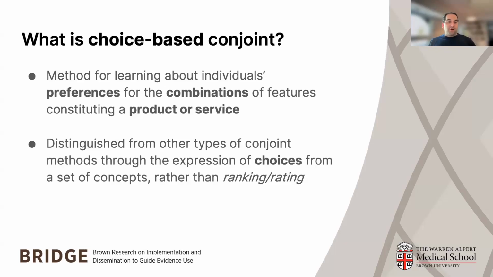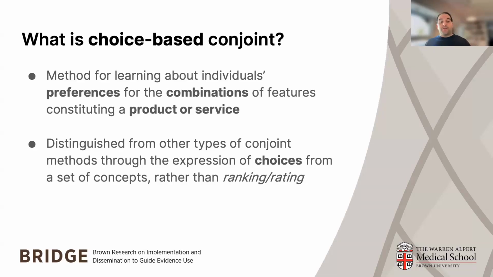CBC methods are also distinguished from other types of what we would generally call conjoint methods because they force the expression of choices from a set of concepts rather than forcing people to simply rank or rate preferences. So instead of me giving an itemized list of, let's say, groceries that you might want to buy at the grocery store today, and having you rank them in terms of preferences for flavor or for what those might cost,